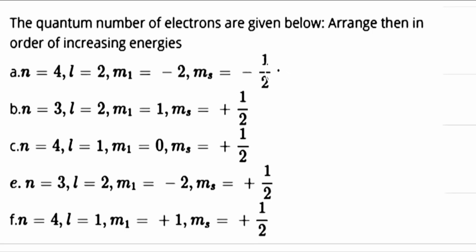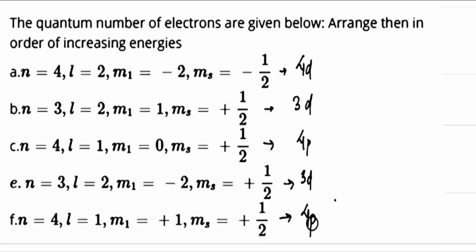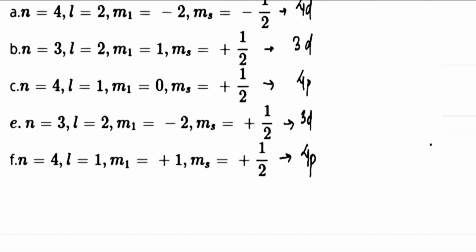So first of all, the electron for the first one will lie in the 4d orbital. For the second one, it will be in 3d. Then we have the third, which is in 4p, right? And the fifth one will be in 3d. And last we have 4p. Okay. So how am I deciding this 4p and 3d? These numbers, 3 and 4,